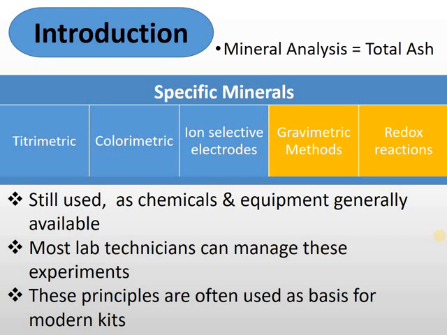In that process, the organic matter that makes up the food matrix is degraded, burnt away, and what's left is the inorganic matter, which is known as the crude ash or the crude minerals. We call it crude because we just say it's total minerals, but we don't actually know